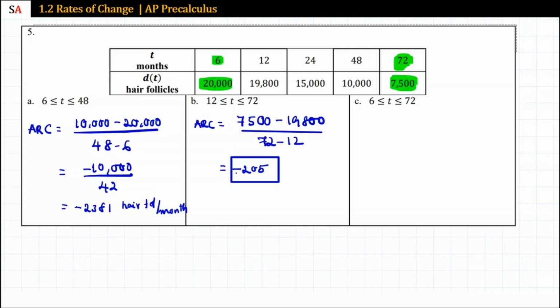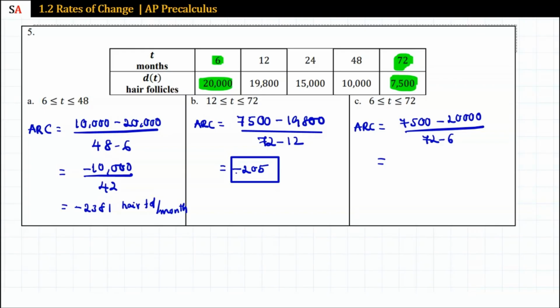So the average rate of change between 6 and 72 is 7,500 minus 20,000 over 72 minus 6. You can plug this into the calculator. So you have 7,500 minus 20,000,